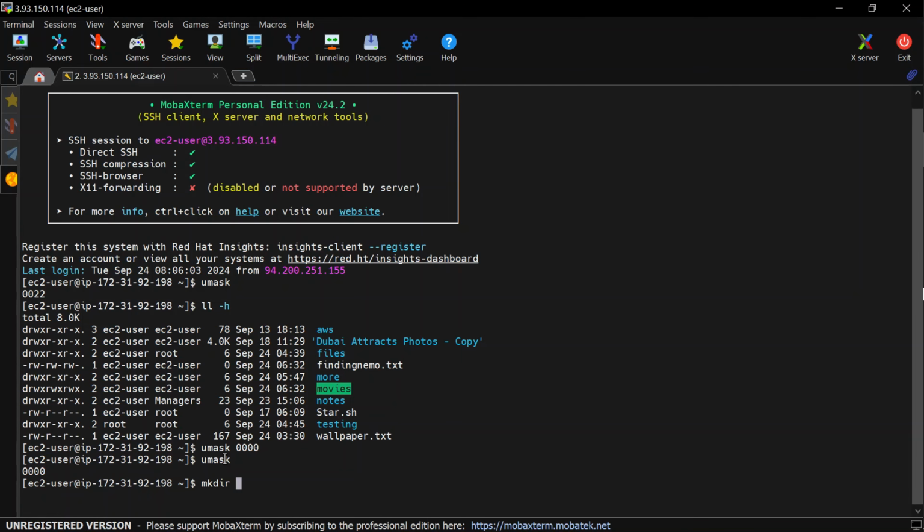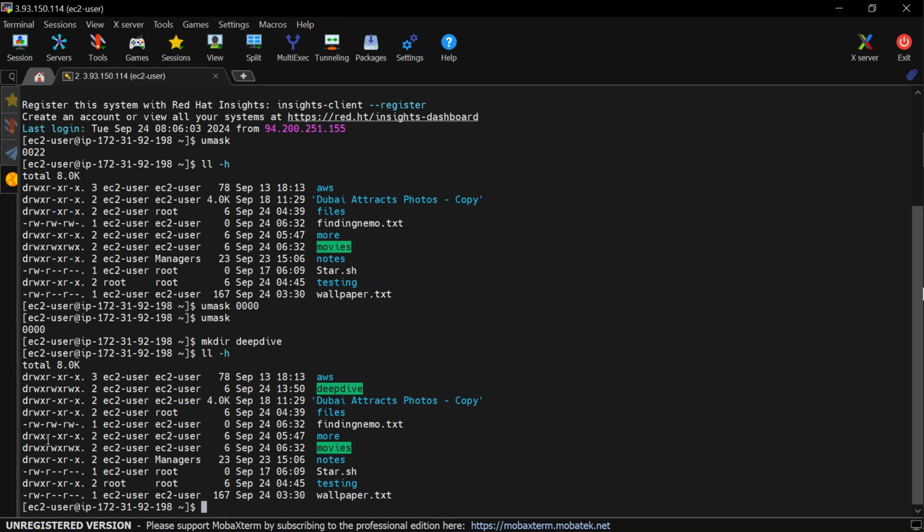We call it deep dive. Now let's check deep dive. ll -h. Now when you do ll -h, we see deep dive over here has full execute value, full 777 permission and access. Same thing as movies. See that? It works. Now let's create,